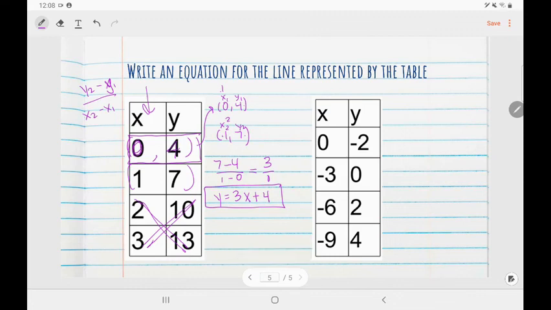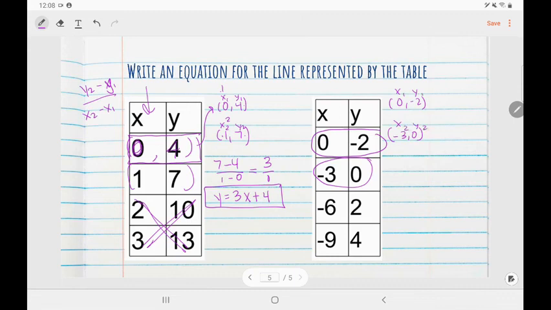Last one, try it on your own. Take a second and pause it. All right, let's go ahead and get started. So again, I'm going to pick 2 points from my table. I usually pick the first 2. I'm going to write them down. So I have 0, negative 2, and negative 3, 0. This is x, this is y, this is x, this is y, this is my first point, this is my